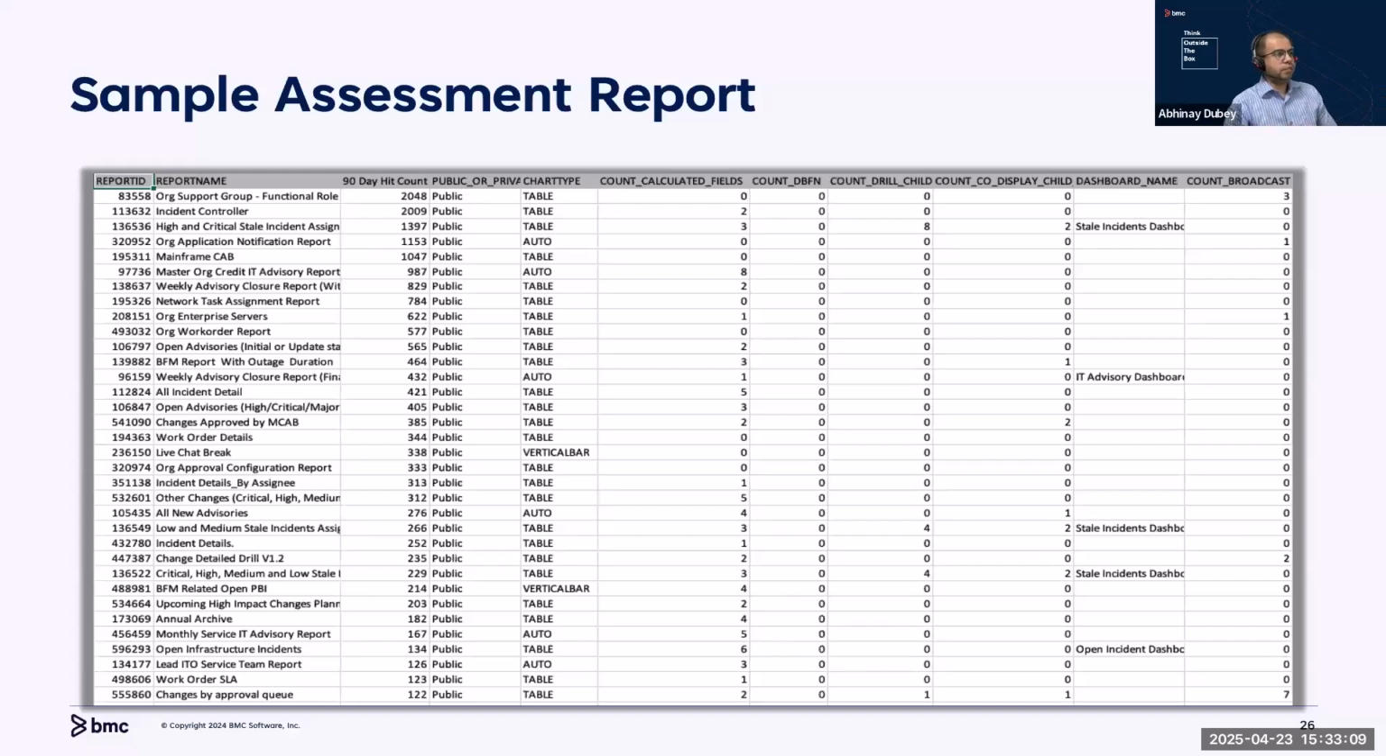So if a report is not really used in the last 90 days or 6 months, then that's a good indication that the report may not be needed. So that's a starting point. Then you can obviously dig deeper. It will also help you prioritize. So if the report has a very high hit count, then that's a top priority report that's being used day-to-day